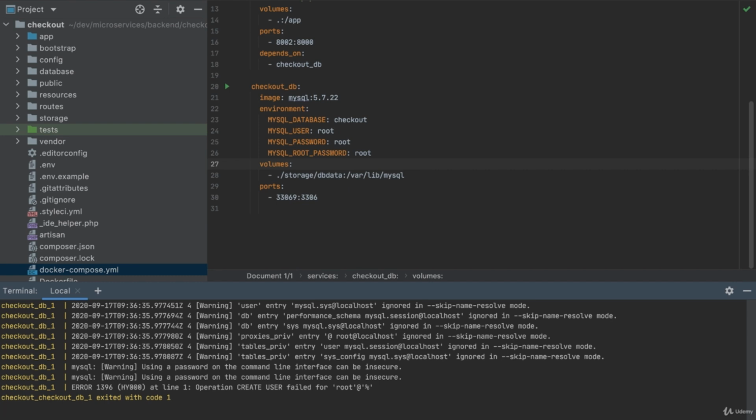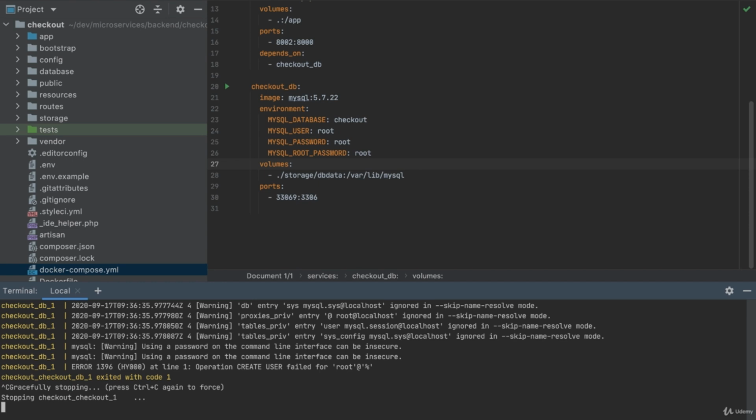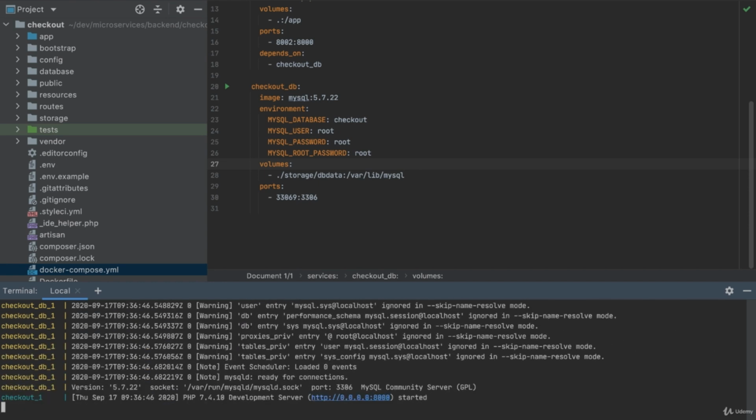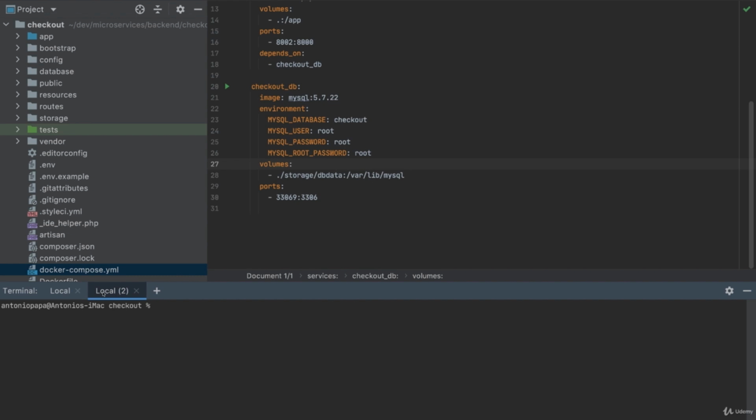So it's completed, but we need to restart it because the database needs to be always restarted. And now everything is correct. Now let's go inside: docker compose exec checkout sh. And now here we will do migration, but first we should